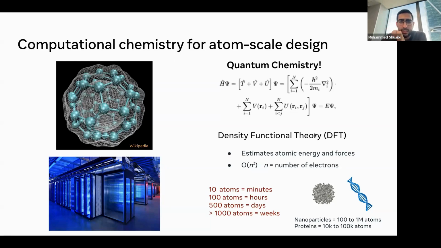One thing to note about this traditional computational tool is it scales extremely poorly. As we go to bigger atoms, it takes significantly longer to run. The DOE's national lab supercomputers these days are primarily occupied by running simulations of this kind. So it's extremely expensive, extremely costly. Things that we are unable to study with DFT are things like nanoparticles or proteins. These are things in biological systems that are extremely important to study, but we're unable to because this scales so poorly and it's going to take years to actually run.